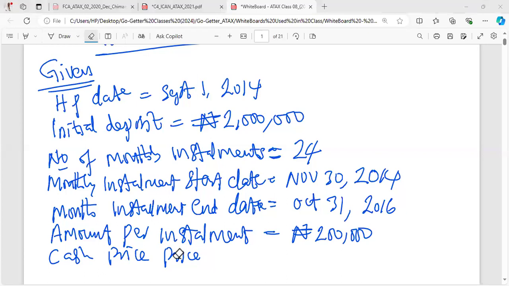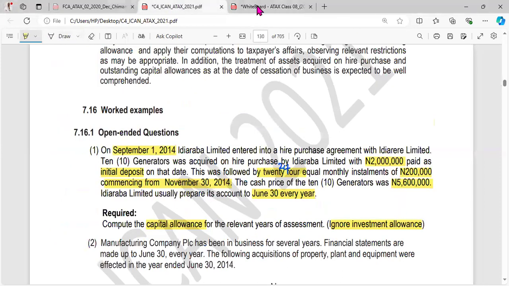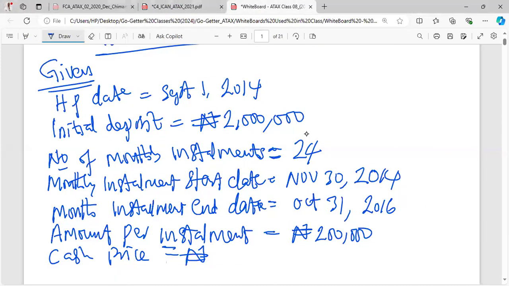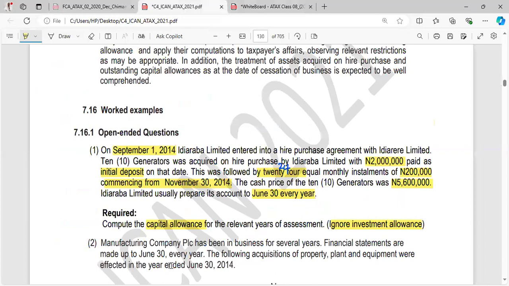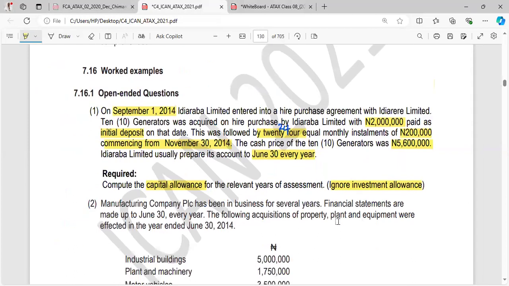The cash price is 5 million something. Let's confirm. 5,600,000. What again are we given? We are given that the company